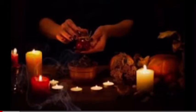I think I put part of this in my Witchcraft 102 video, but I don't think that I included all this information, so that's what we're going to do. So stick around. So when you're getting ready to do a spell, the first thing you need to do is